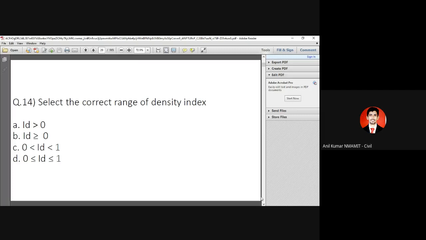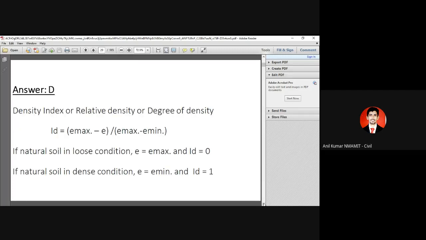Okay. Hope you can see. Yeah. So relative density. Okay. Anusha has given me the right answer. Once again, she has done. She is doing very well. I want everyone to think like her. Okay. e max minus e divided by e max minus e minimum. This is what we have told. Listen. If the natural soil condition e is equal to e max, right? If it is a natural soil sample where it is the loose soil sample, your e becomes e max, the entire thing becomes 0.